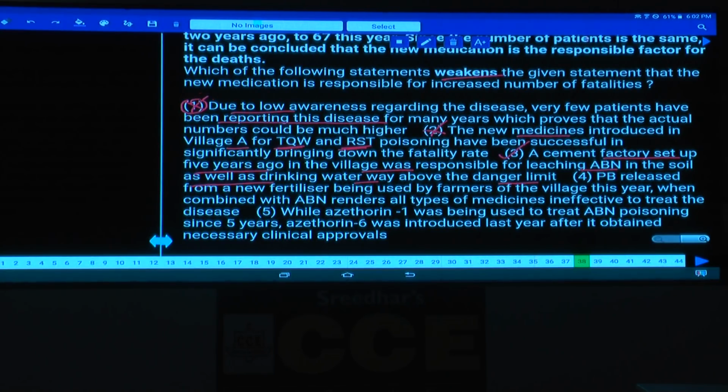Choice 4, if you observe here: PB released from a new fertilizer being used by farmers of the village this year, when combined